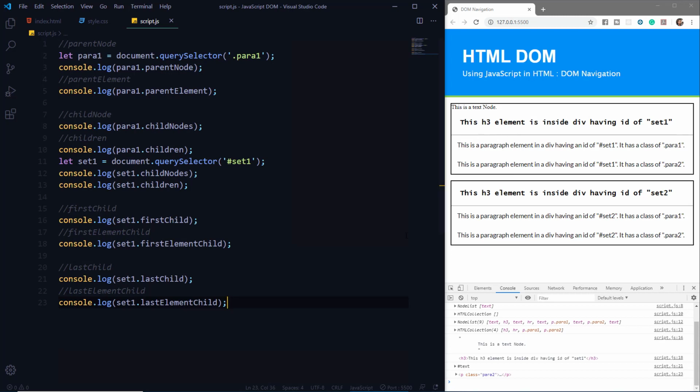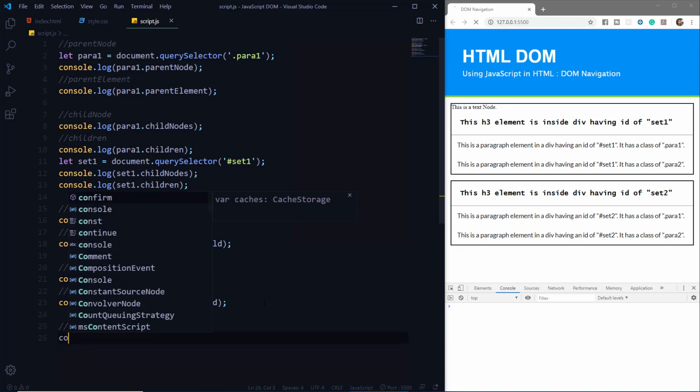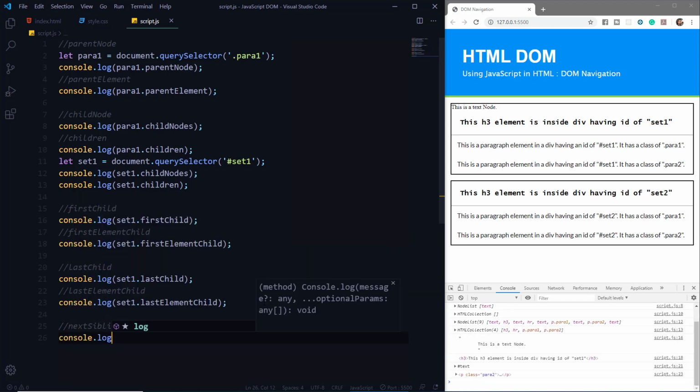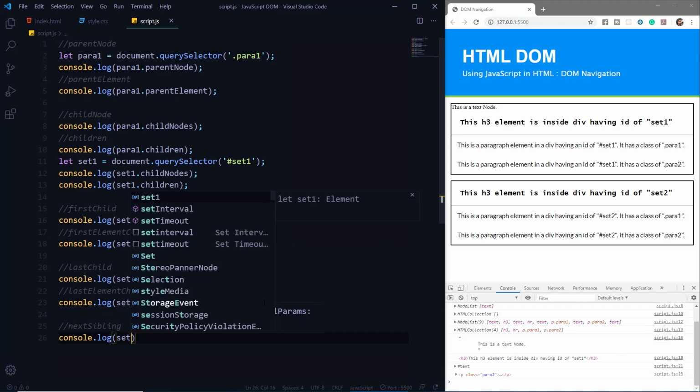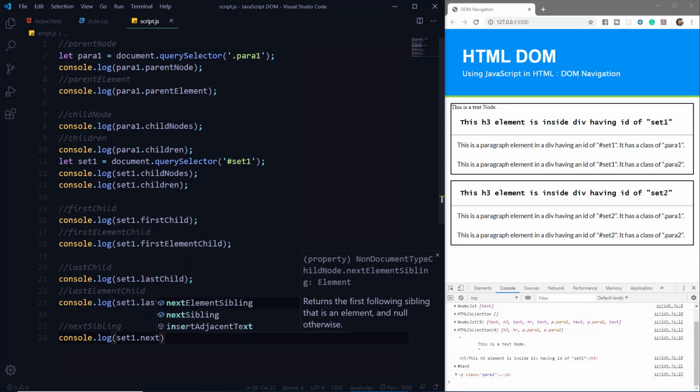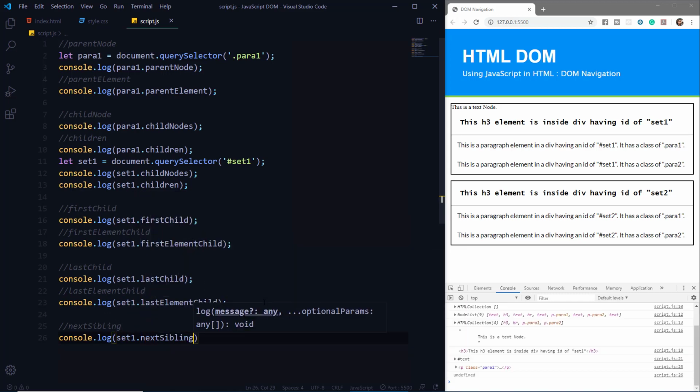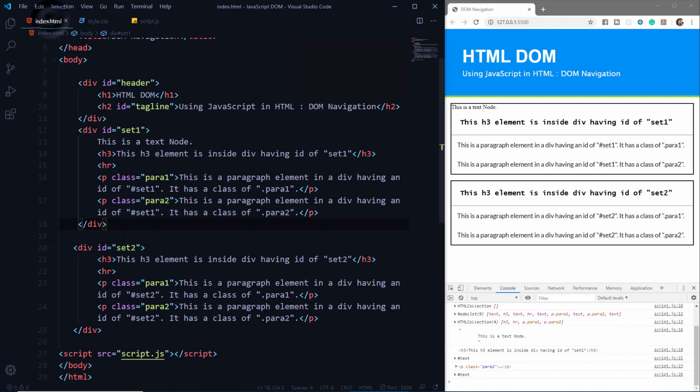Now similar to parent and child, we can also do sibling. So we have a property called nextSibling. Let's log this onto the console. And you can see we have got a text node because there's a line break between these two divs. So that's why it has returned the text node.